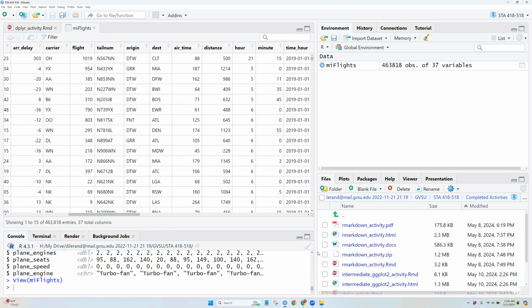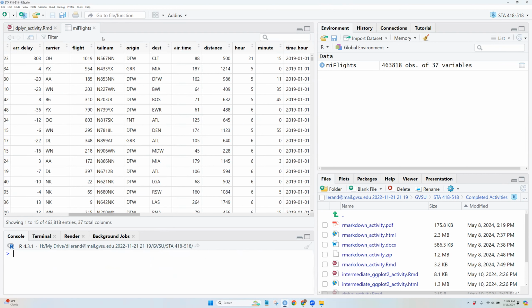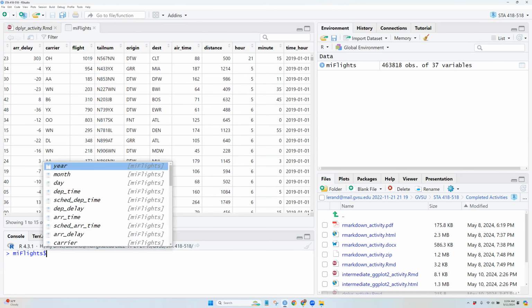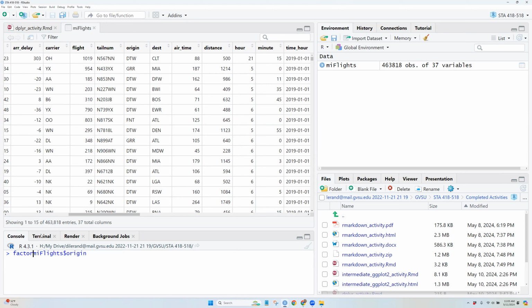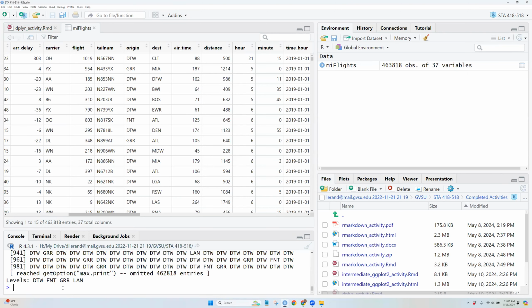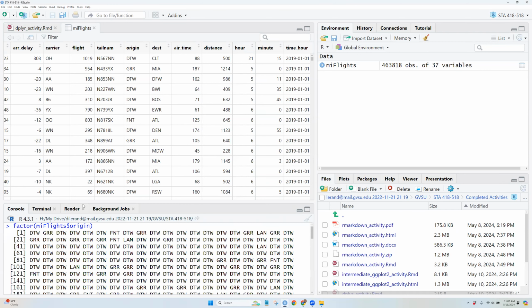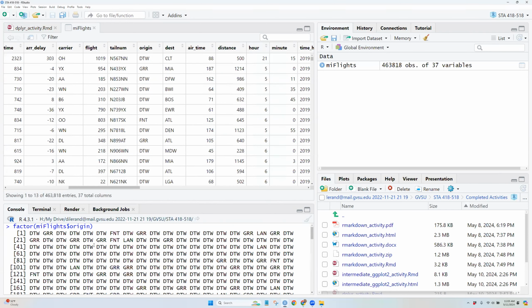So for example, if we coerced origin to a factor, okay, we can see. See if I can do this properly. Okay. Yes. So I coerced origin to a factor here,